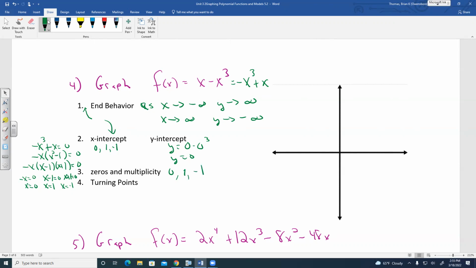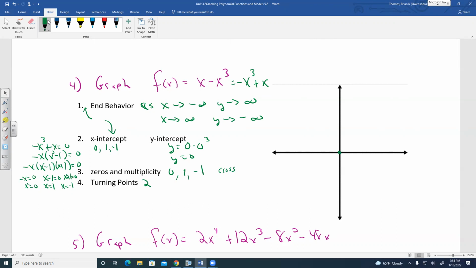And all their multiplicities are 1. So that means every one of these, the graph is going to cross each time. The turning points, if the degree was 3, 3 minus 1 is going to be 2. So there's going to be at most 2 turning points. So if we sketch this graph, we should have